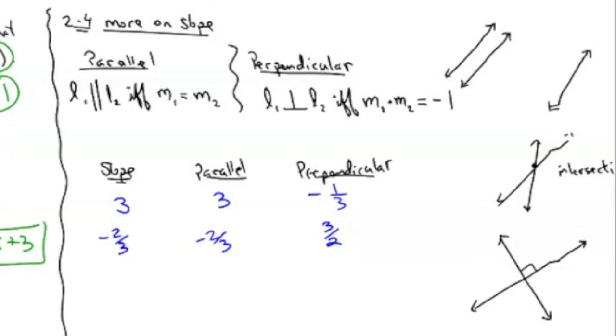Why? Because in your brain, you think you have to do something. And this is doing nothing. Changing negative 2/3 into negative 2/3. So you're like, oh, that's too easy. It must be the other one. So people switch them around and make things really hard. Keep things simple when they're nice and simple.